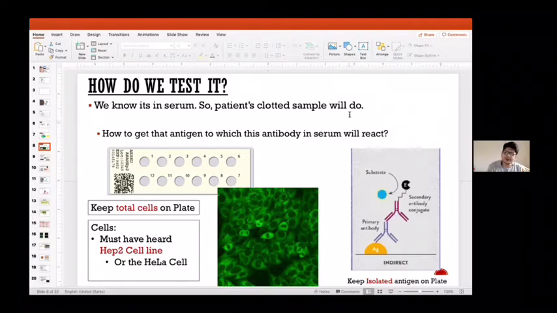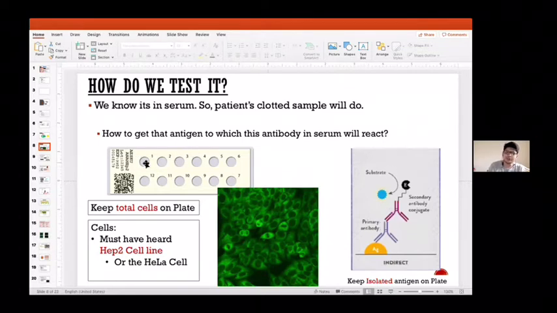Someone tells me that okay, sir, we are removing blood. It will have RBC, WBC, and everything. So you can target it against that. Okay, I agree with the point that we can target it against that. But what happens is the antibody will target that WBC, which has a nucleus and all, and it can react to that. But how do we actually detect it? It is targeting, that phenomenon is happening, and we are seeing it. So for that, we need a standard method. So there are two standard methods. One is what we say the immunofluorescence method, or sometimes we say the HEP2 method because HEP2 is a cell line. And second is something called the ELISA method.